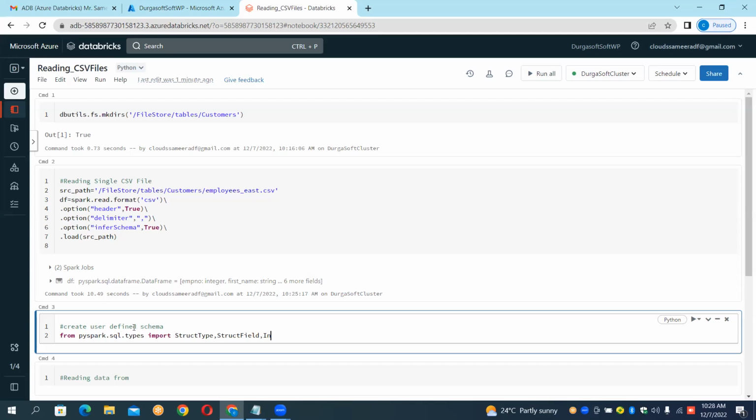comma, IntegerType. Now guys, you have to use IntegerType, and you can define as many as you want. There is no restriction because it's a user defined schema. You can give as many StructType, StructField, IntegerType, and then you can use StringType,